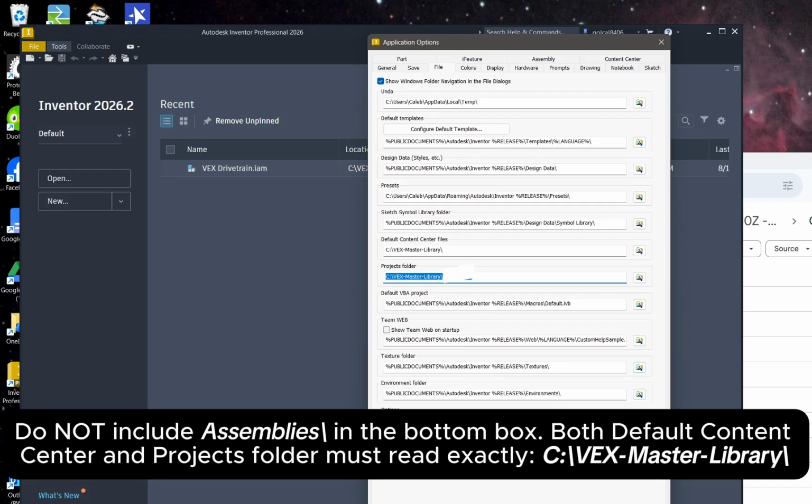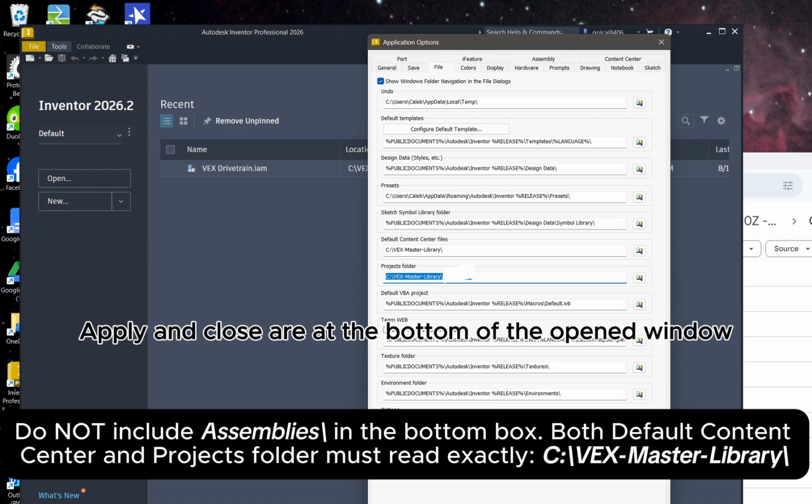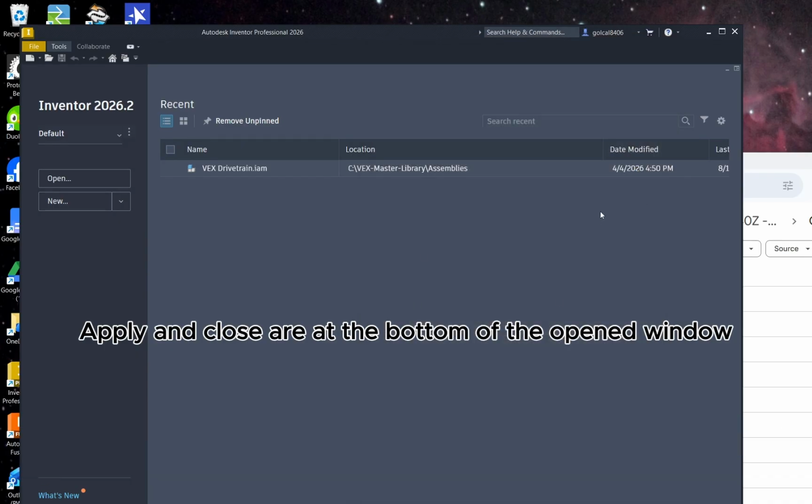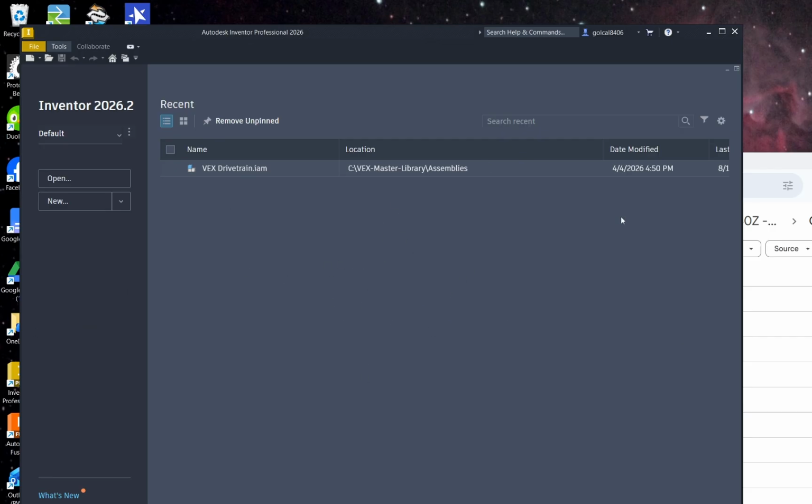And then, yeah. So you can click apply and then close. And a pop-up should show where it says something about some of these things needing a restart to work. Just say okay and then restart Inventor and launch it again. Once you've launched Inventor again, just a heads up, this is the last time you'll ever have to do this, but